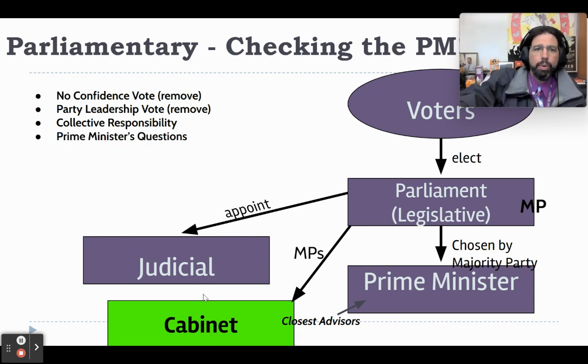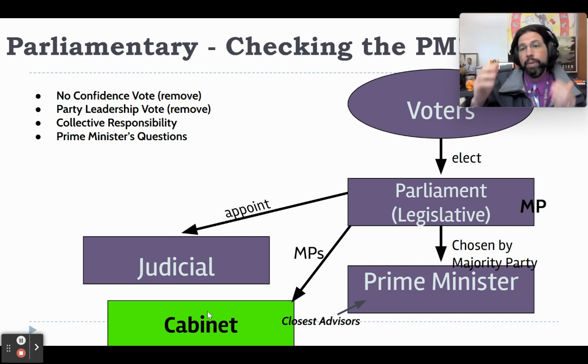And finally, prime minister's questions. This occurs every Wednesday in the House of Commons. It is 30 minutes, and basically the prime minister gets up there and is grilled by the House of Commons with questions. It's kind of a circus, and we'll be watching one in class, but it's live on television, so the prime minister has to be quick on their feet, being able to address issues. And if they don't, the whole public is going to see them. All right, and that is done once a week, every Wednesday morning. Prime minister's questions for a half an hour.